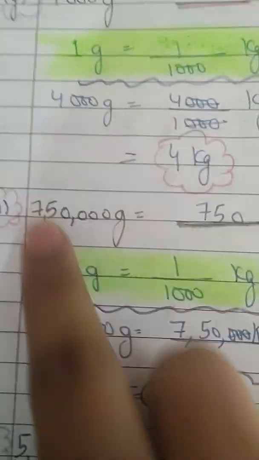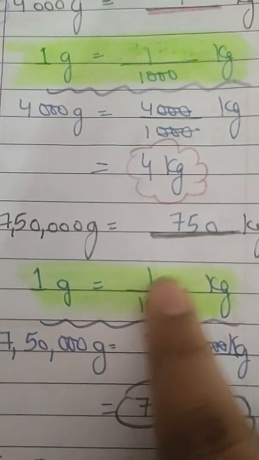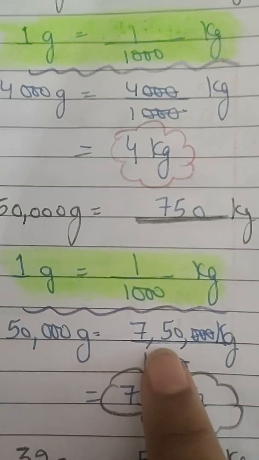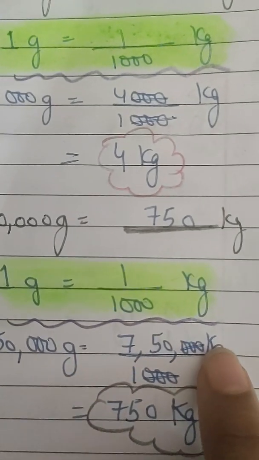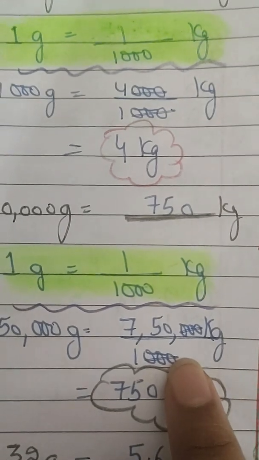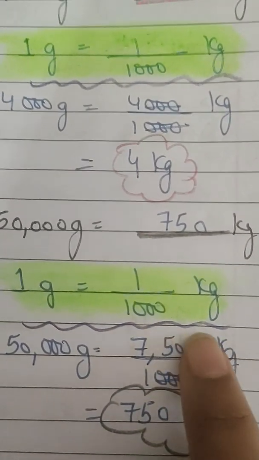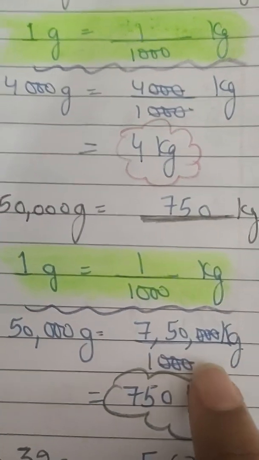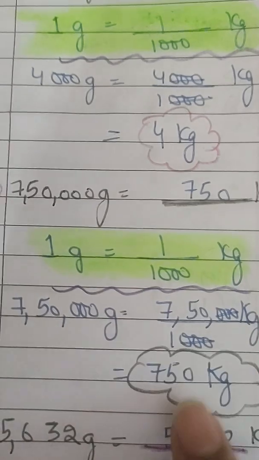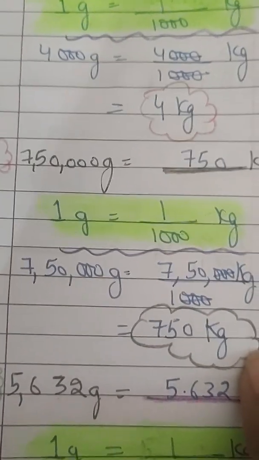We have to write this question again. 2 times you have to write, and denominator will have 1000. 3 zeros are given here, 4 zeros are given here, but you are going to cut from behind and the numbers that is given in the denominator. So 1 2 3, 1 2 3 you can cut. This you cannot cut because there are 4 zeros here and 3 zeros here. So last 3 zeros you are going to cut. So the left number is 750. So the answer here is 750 kilogram.